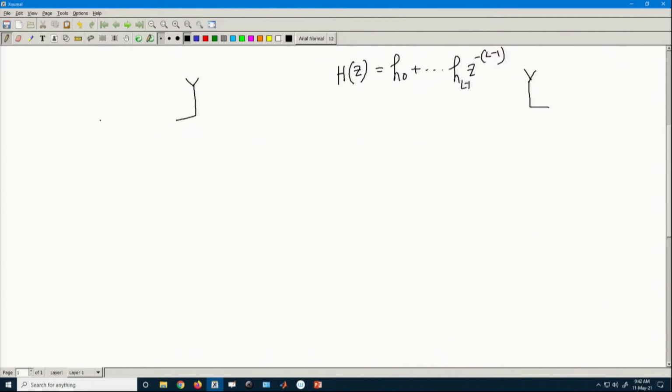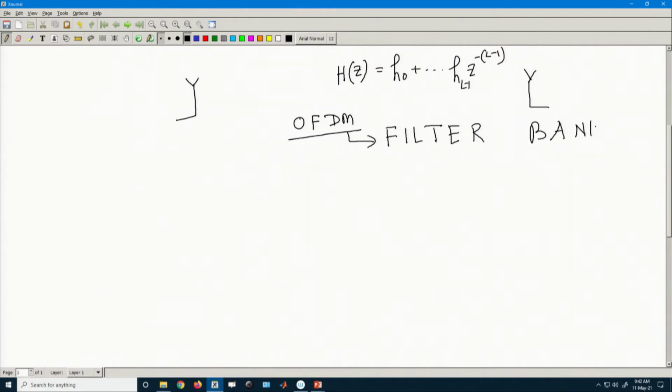In a very simple sense, you can think of OFDM as a filter bank. Another view of OFDM is that it is basically a filter bank. Filter bank at the transmitter, naturally there will be a counter filter bank at the receiver, and that is nothing but the IFFT.